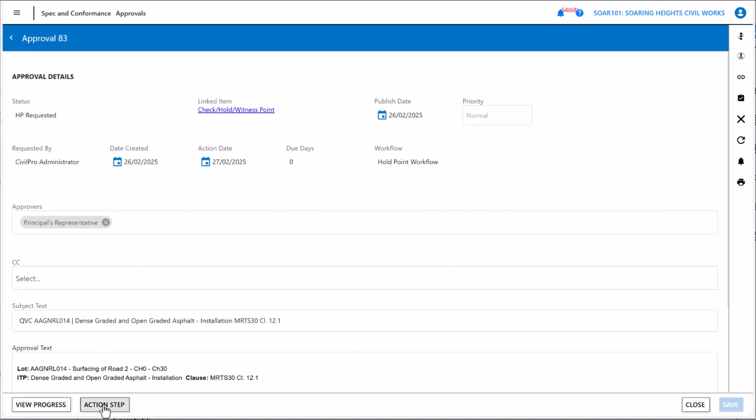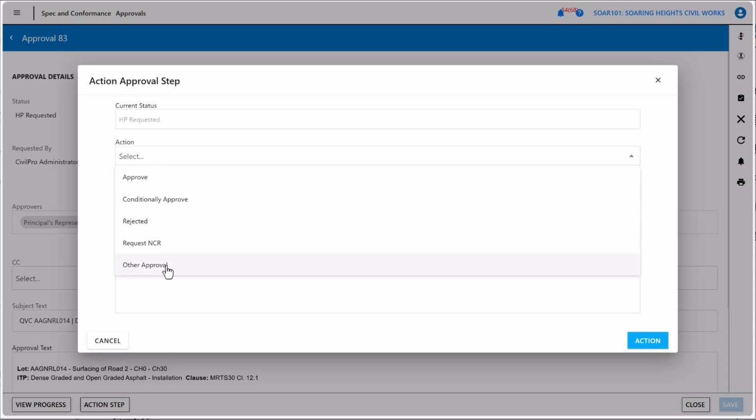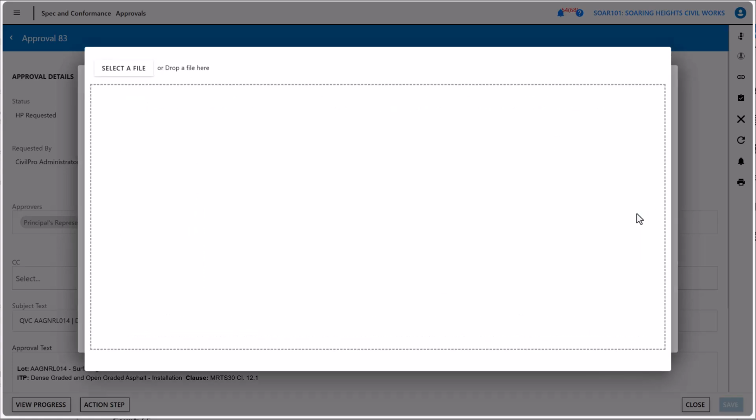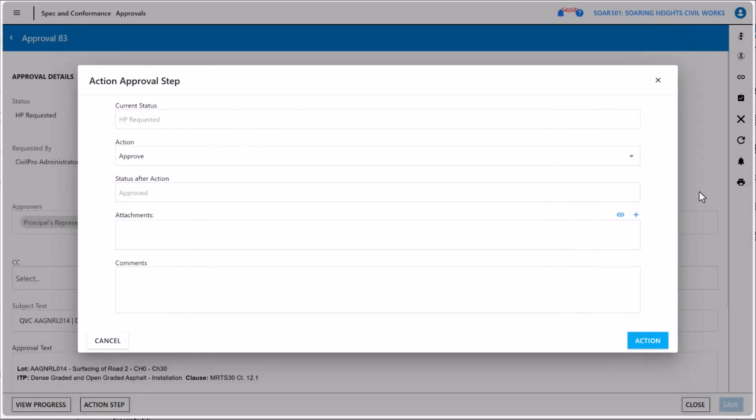But for your response, you'll get given a set list of options here. So if you want to approve, if you had any further markups or attachments you want to add, you can drag and drop those here. And if you had any comments, you can add those here as well. And any comments will be tracked against that approval. So if I action this approval here,